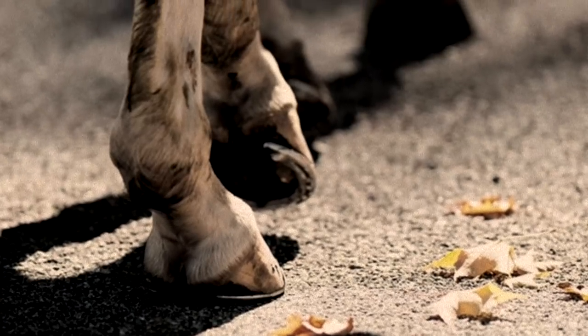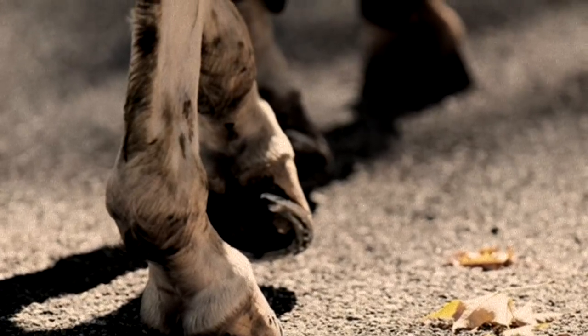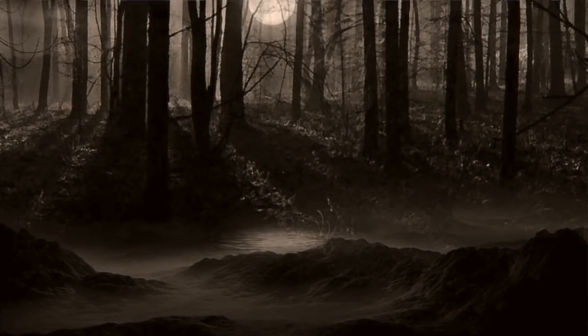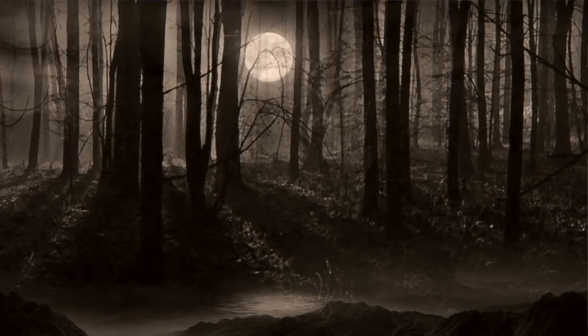If you call Maggie, Maggie, Maggie, it says you'll hear the hooves of the horse that she was on coming down the road. And if you call it again, Maggie, Maggie, Maggie, you might see a shadow coming out of the woods near the bridge. And if you call her a third time, Maggie, Maggie, Maggie, she will emerge from the woods with her head in her hands, wanting you to bring her back to life and give